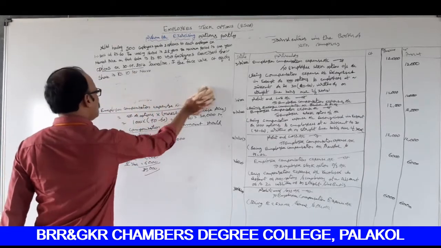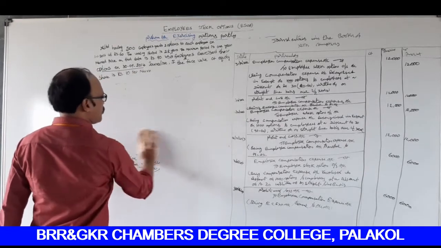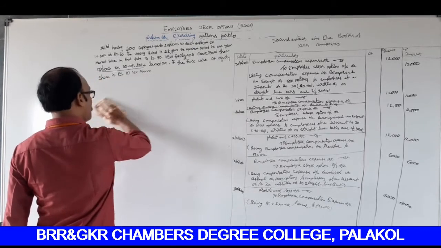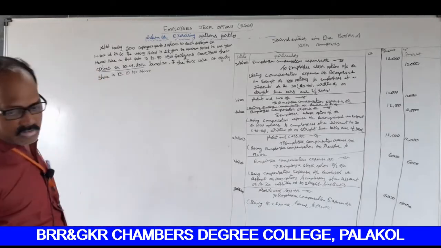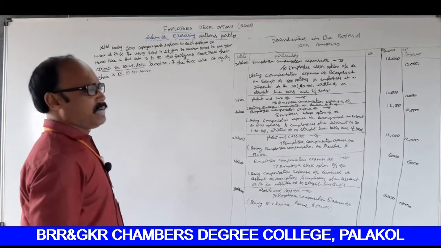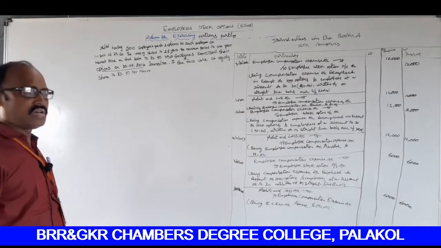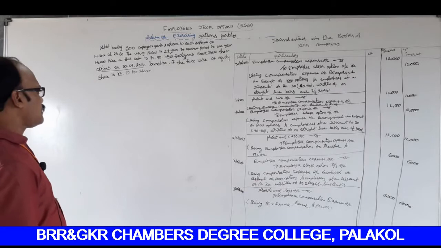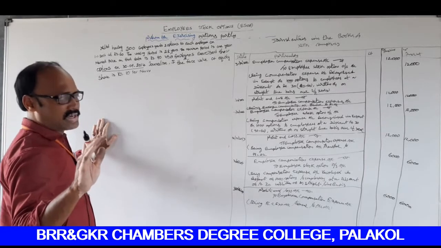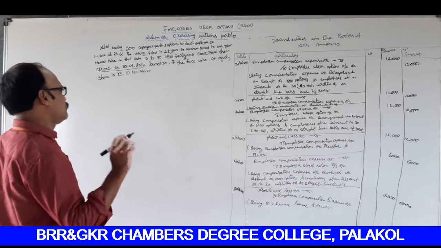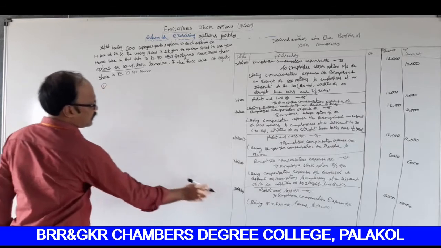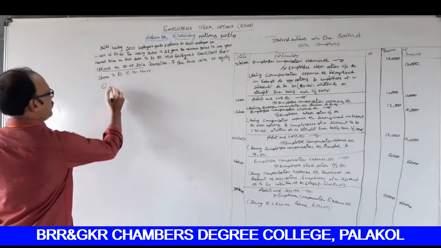So the remaining employees available are 50 employees. The total number of employees is 500, and those who accepted this option are only 450. The remaining 50 persons did not accept this option. So the first general entry is for 450 employees. Okay, look at the board please. So, continuation of general entries, fifth general entry.